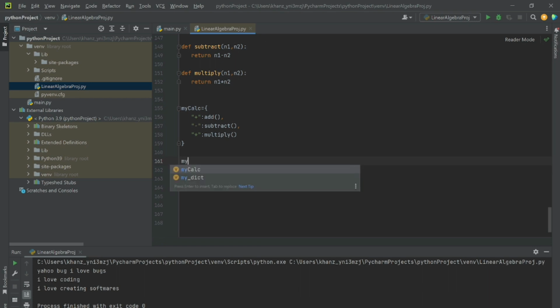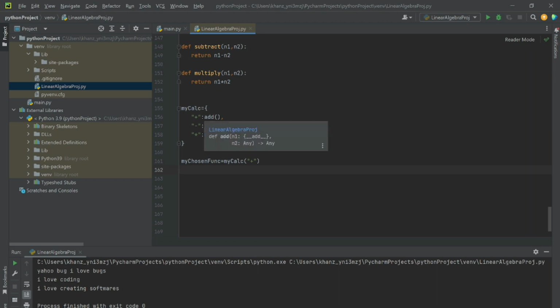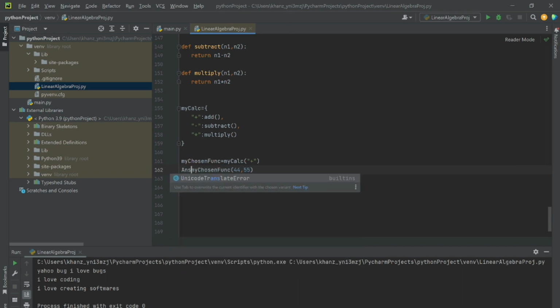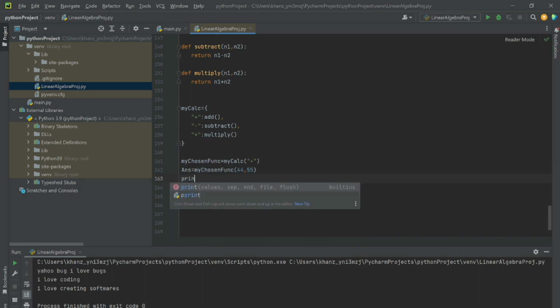Now my chosen function is equal to my calc, and I can just put this. Depending on the keys, it will return these chosen functions. If I put plus, then it will return the add function. It will be saved in here, and this will act like an add function. So my chosen function, and I just put values like 44, 55. It will return something. Answer is equal to this, and if I print this,